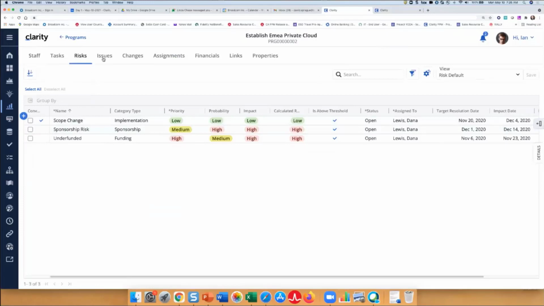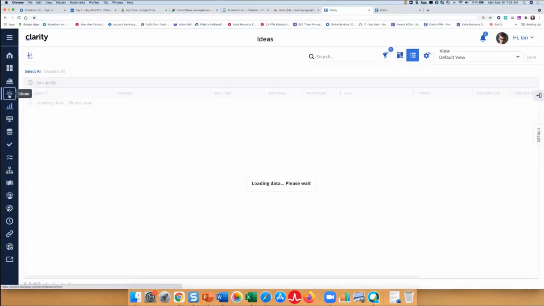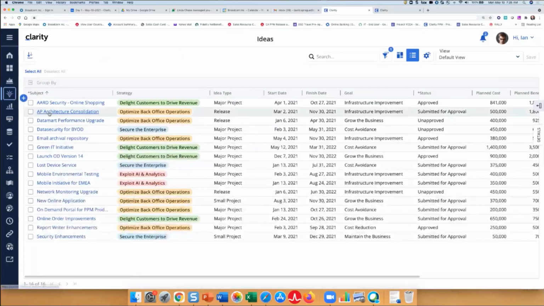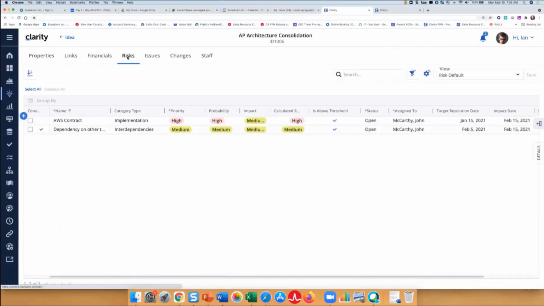I can click on the issues module. Again, the same functionality is available here for custom investments. I'll click on the ideas module and grab the AP architecture consolidation idea and land on the properties module. You can see that this blueprint is also using risk, issues, and changes as configured via the blueprint. Again, I'll select risks to show the same functionality that was only available to projects is also available to